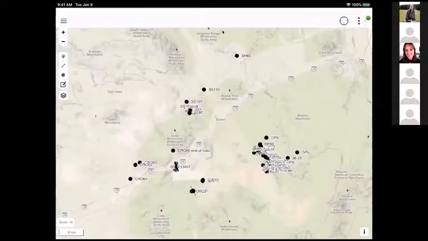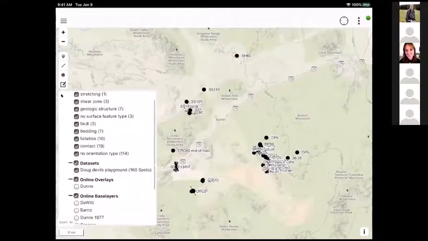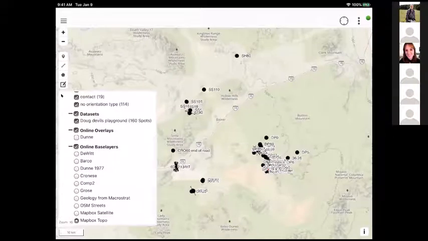So right now you're seeing the StraboSpot screen. I'm projecting this from an iPad mini. And you can see the green dot up here. The green dot means that you are online, you're connected to the internet. And right now I'm showing this map, which is the Mapbox topo layer, as you can see down here at the bottom.